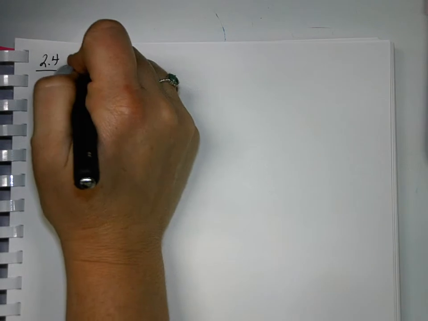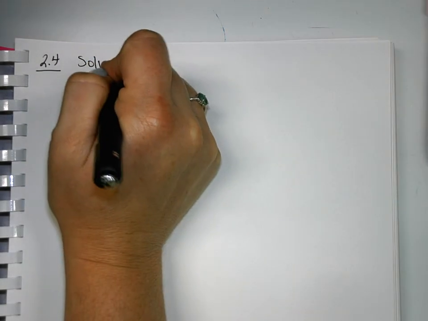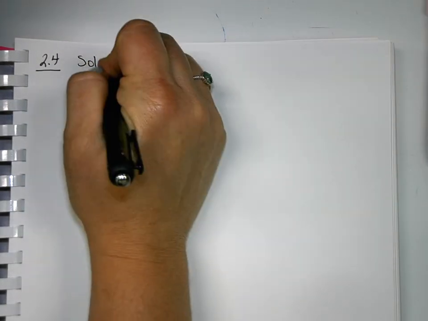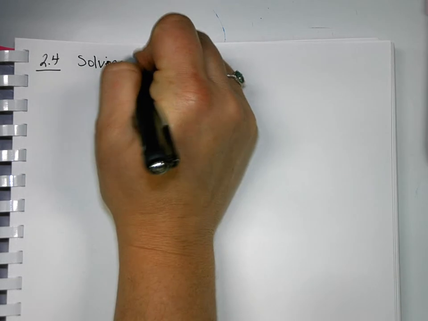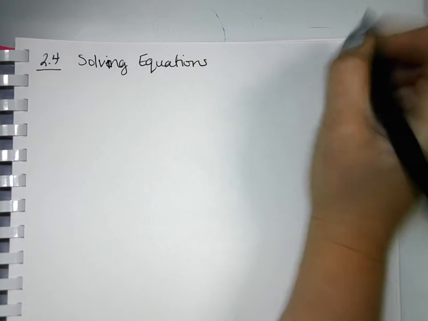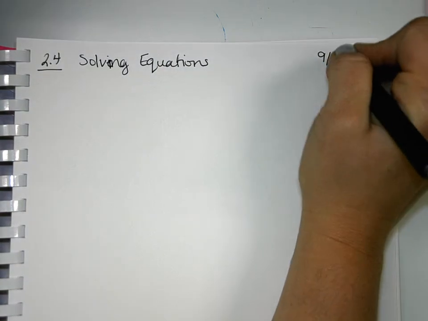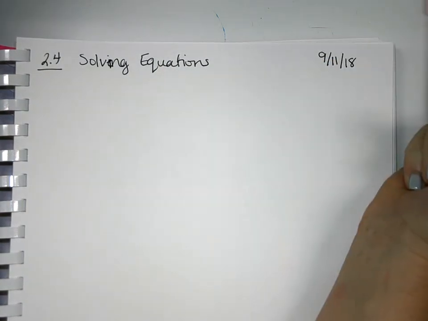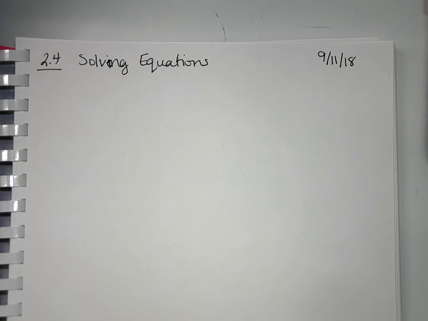All right, so for 2-4, we're still continuing our solving equations, or solving rational equations. Let's see if I can spell right. So I want to go through, let's see, 1, 2, 4 examples, 2 of which we're going to star because